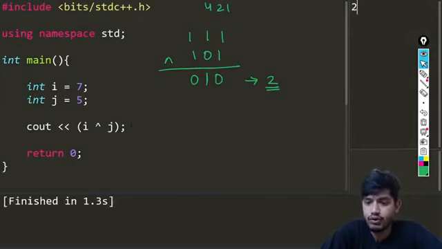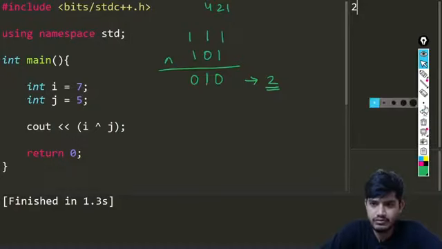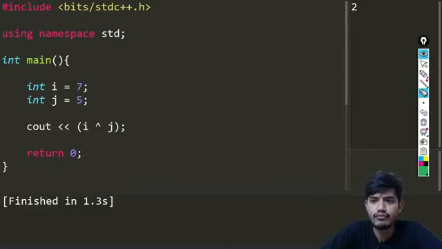Okay, so I hope all these things are very much clear to all of you. So here, with an example of this operation, I am just going to be given a simpler problem. The problem is something like we have given a value, and we need to tell whether that value is a power of 2 or not.